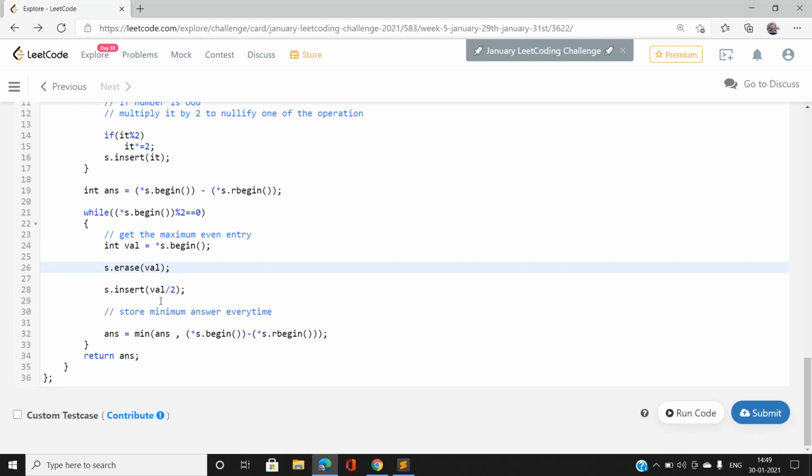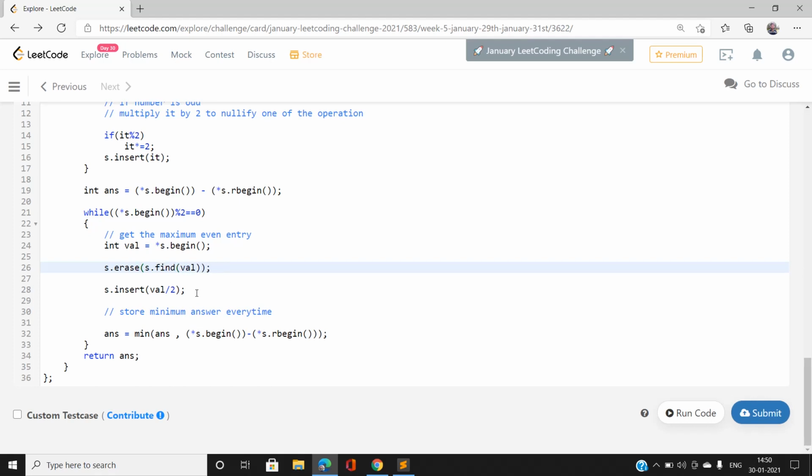I am going to push that value divided by 2 again into the multiset, and each time I am going to take the minimum of our current answer and maximum s dot begin minus s dot r begin. So this will give us our correct answer. We can also write here s dot erase val, s dot find val, and this will also give us the correct answer.